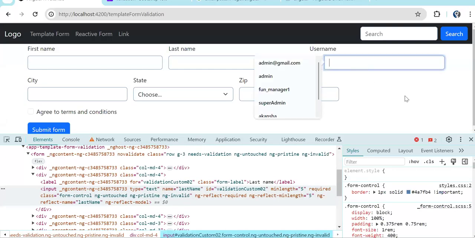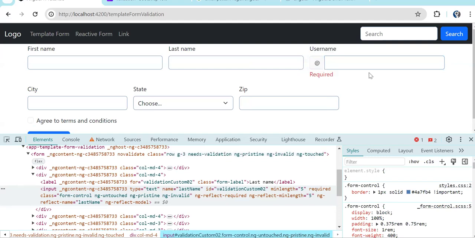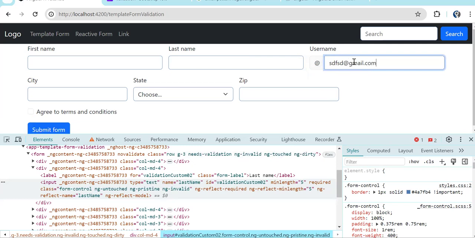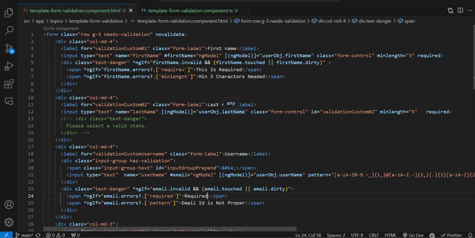So now if I touch and go away, the required validation message is coming. But if I enter some data, another message is coming like email ID not proper. If I enter a proper email address, that is also going away. So this is how we do the validation in template form. You need to create a hash property, and using that hash property, you can just use the ngIf for the